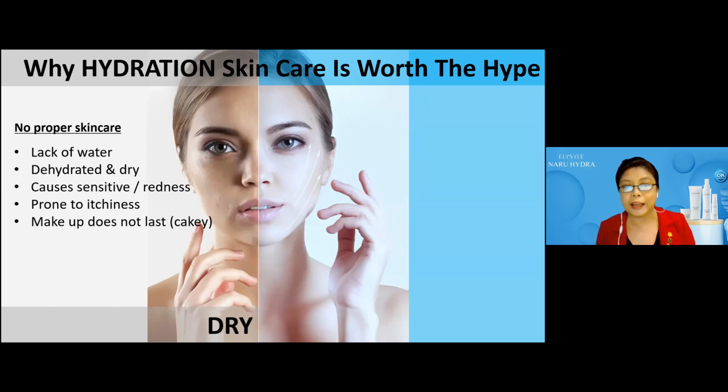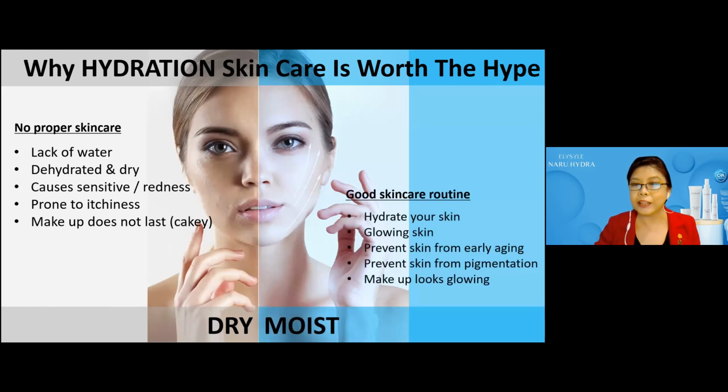No proper skincare. So when we don't use a good skincare on our face, we lack water, dehydrated, dry, causes sensitivity, redness, prone to itchiness, and the makeup does not last. If your skin is very dry, it lacks hydration, when you put on makeup, after maybe just 2 or 3 hours, all the makeup has disappeared. And you say, oh, this makeup is not good. But if your skin has enough moisture, has enough water, the makeup can stay longer. Now, see, good skincare routine, hydrate your skin, glowing skin, prevent skin from early aging, prevent skin from pigmentation, and